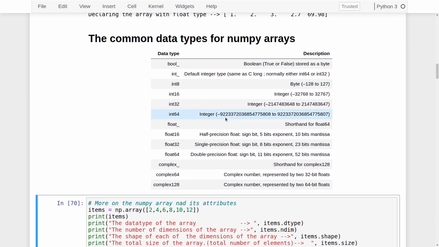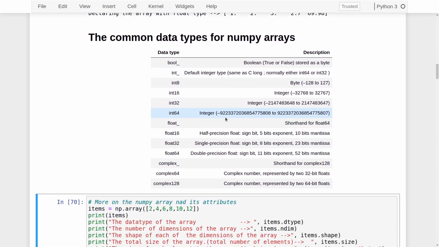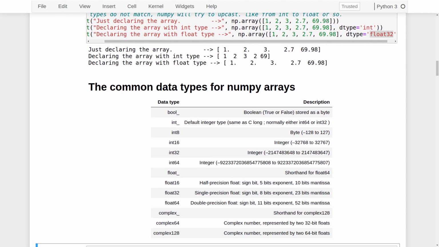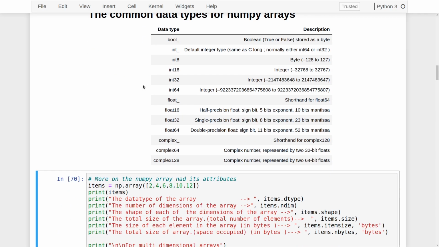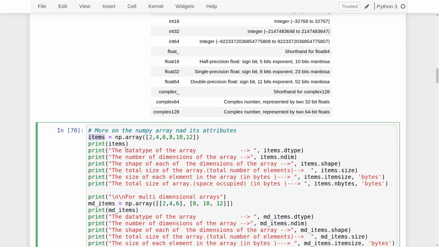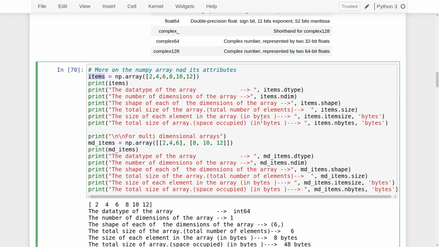Now that you know that you can create a NumPy array with a list of numbers and a given data type, let's see what more you can do with this. Let's create a NumPy array with 2, 4, 6, 8, 10, 12 in a list, and store it in a variable called items. Now I need to know what is the data type of this, right? When I type items dot dtype, I get back the value, hey, it's